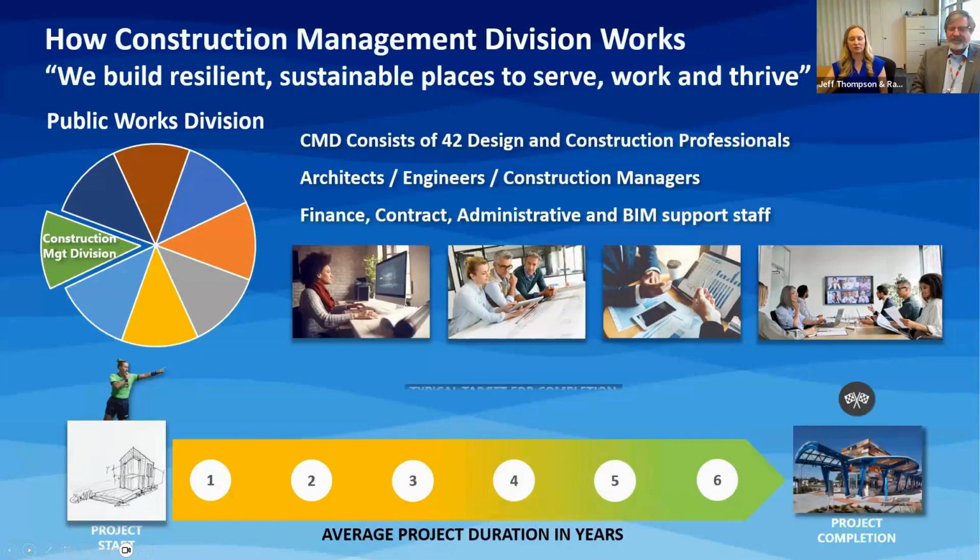Our division is intent on delivering high-performance buildings rooted in thoughtful design and conscientious construction. We are responsible for, as I said, most of the vertical construction for the county, except for a few other agencies, which we'll talk about in a moment. But we utilize many forward-looking technologies, including building information modeling, LEED, WELL building, and sustainable and resilient approaches, all of which are delivered in a transparent manner, which means that